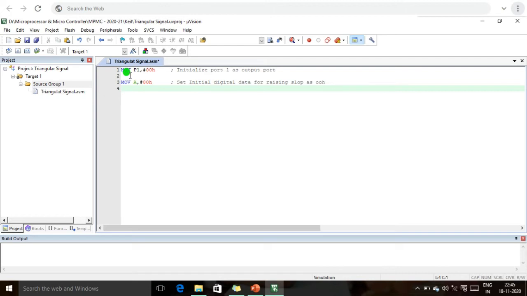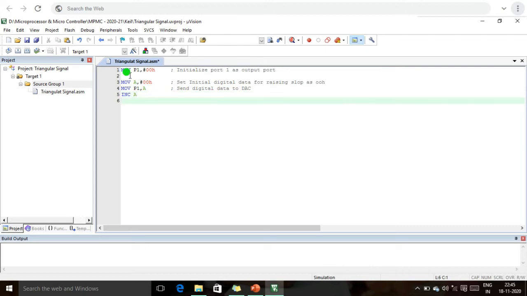We are going to move this A value into port 1, because port 1 is our output port. Send this digital data to DAC. Here, we are going to increment A, because each and every time duration this value is incremented until FFH.